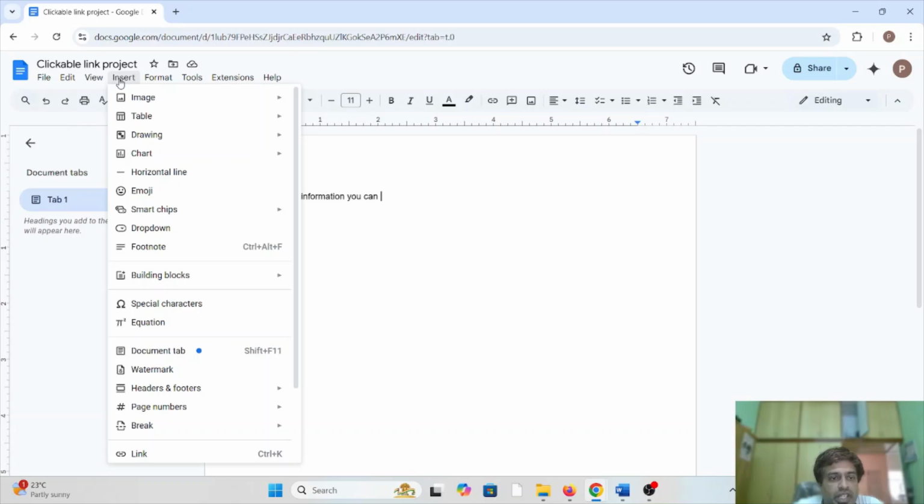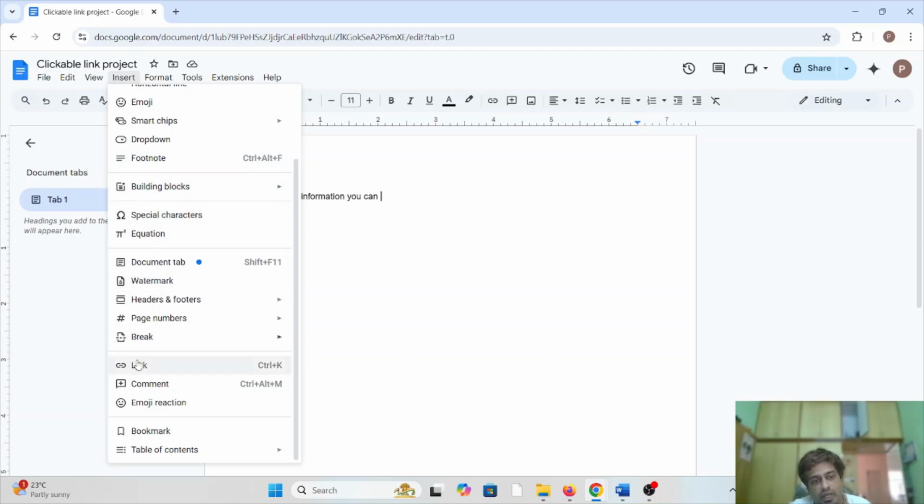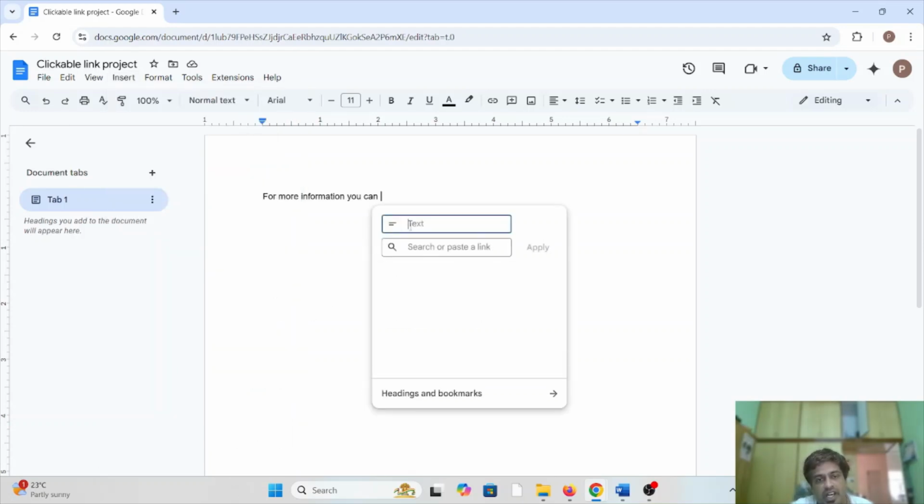For that, you can just click on this option, Insert. Once you click on Insert, just scroll down and here you can see Link. Click on this option, Link, and here you can type the text you want. For more information, I will just give it as click here,